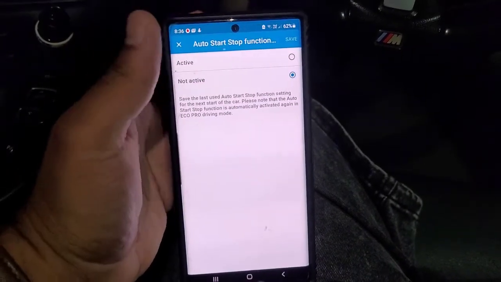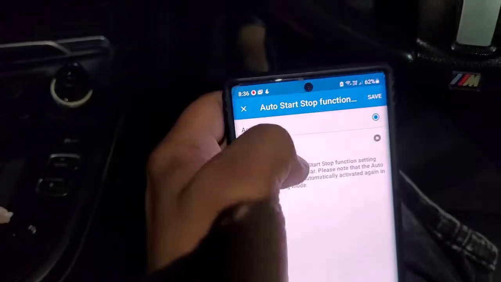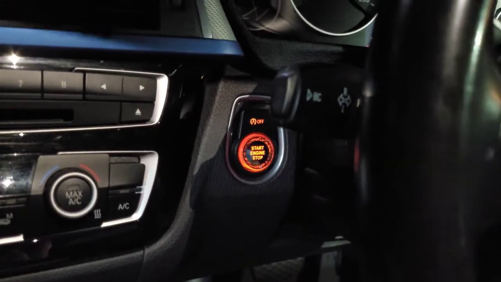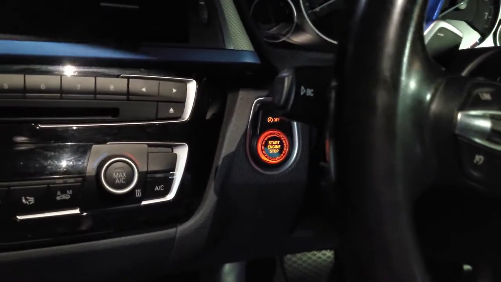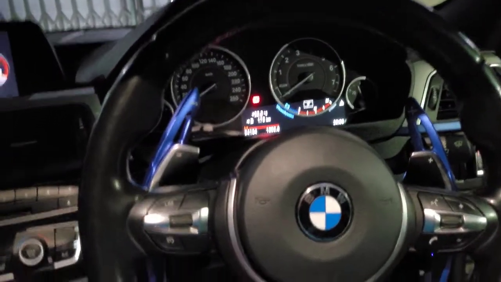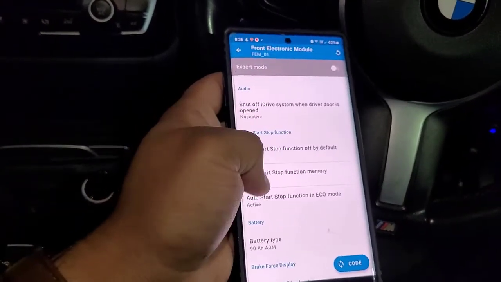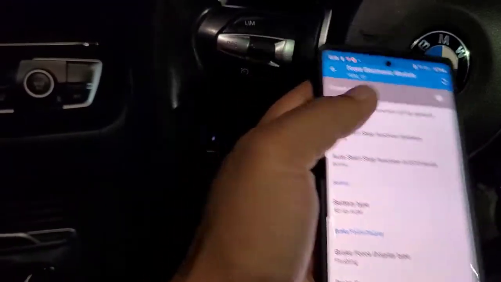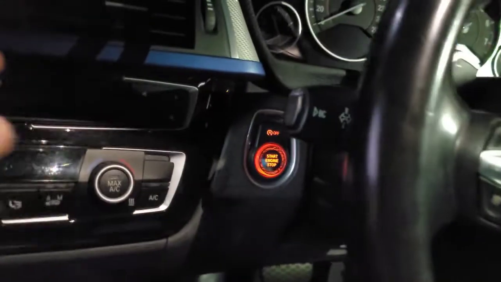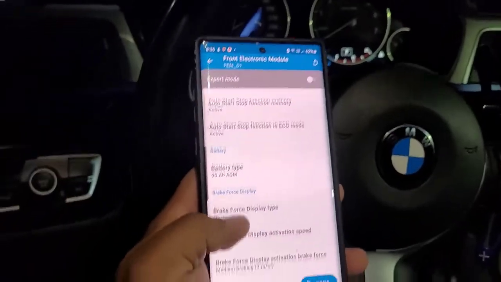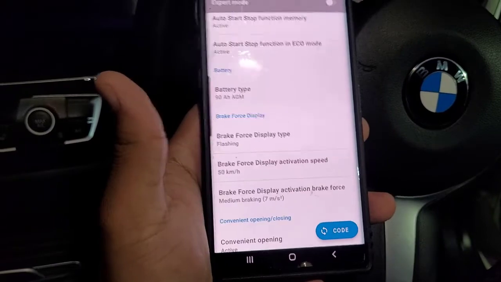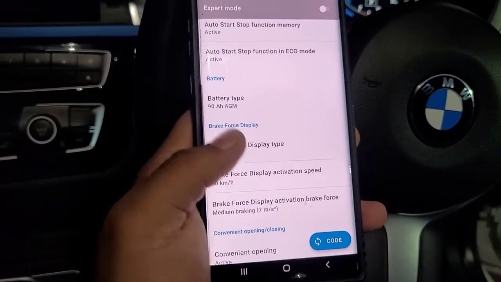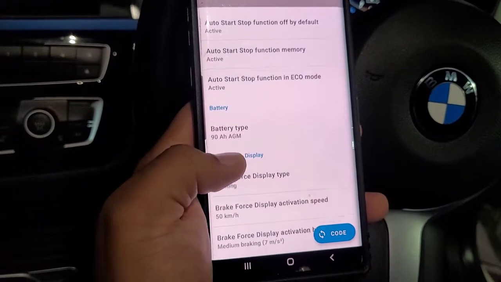Okay, and another feature is the memory. So what this does is, those of you that have a start stop button, every time you switch the car on and off, you have to press that button again if you don't want the engine to turn over or switch off when you're at a standstill. So that actually remembers every time you switch the car on and off. You don't have to keep on interfering with that button. It's just going to remember it. And if you want it to switch off, you just press the button again, and that's it. It will remember, and it will switch off essentially when you're coming to a standstill. So that's a very cool feature that doesn't come on